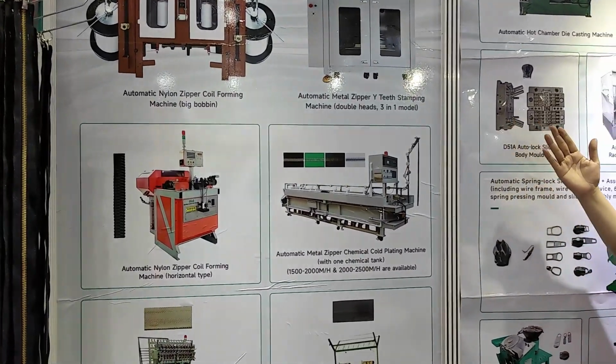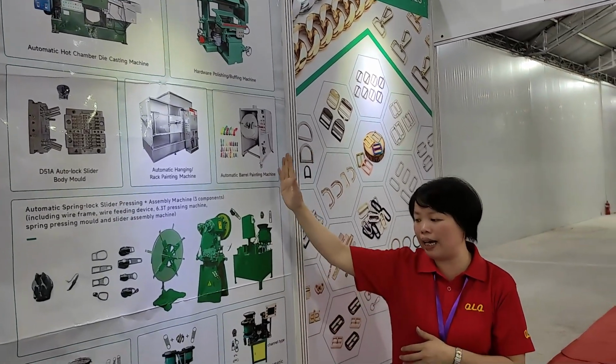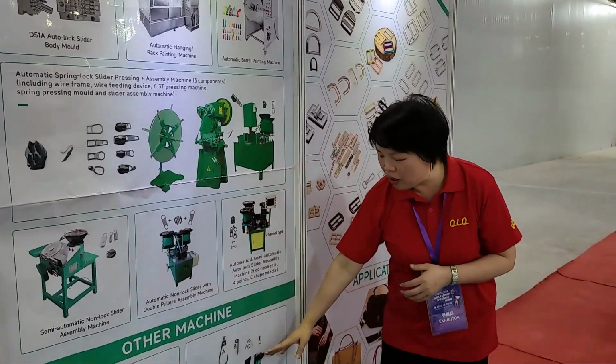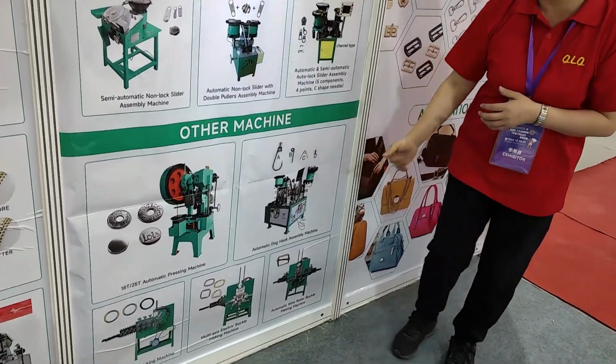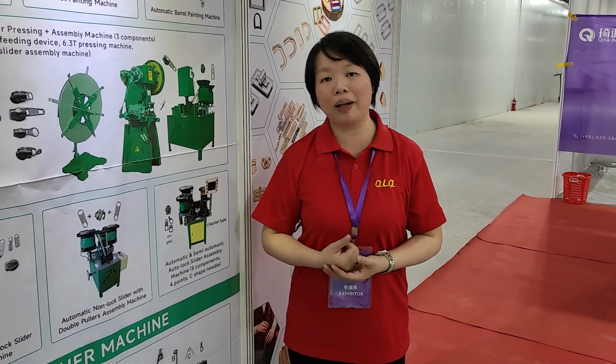If you want to get more details, you are welcome to contact us. And some machines to make the slider, button, buckle, and some bag accessories. So, my friend, if you are interested in machines, molds, and materials to make the zipper, slider, and buttons, you are welcome to contact us. And welcome to our